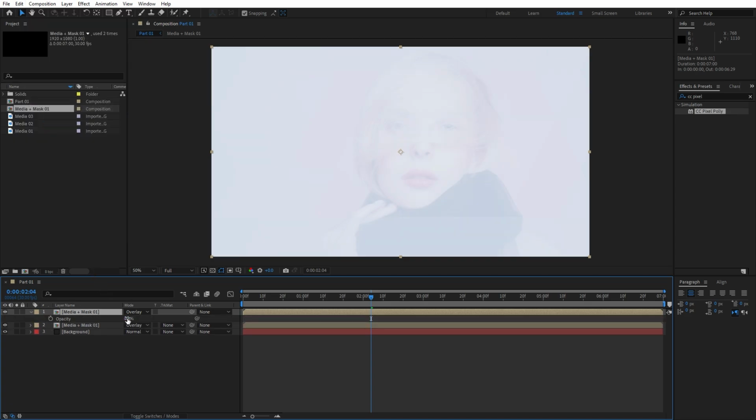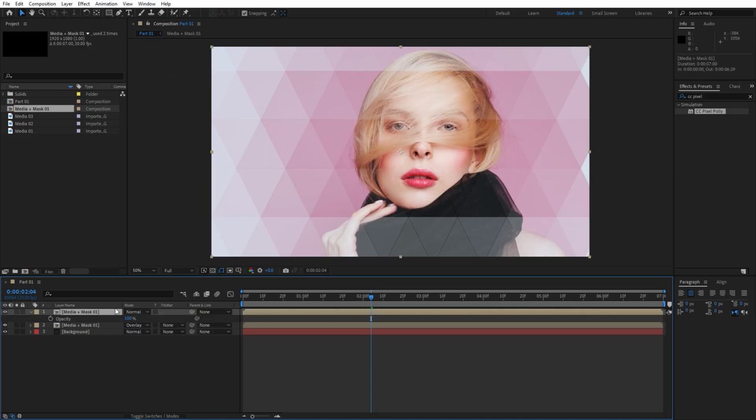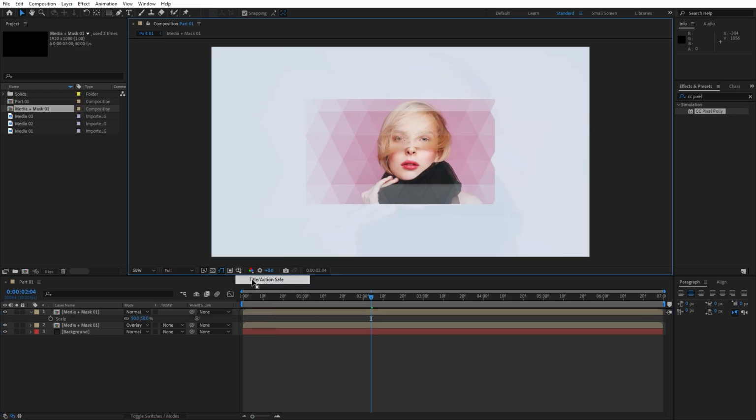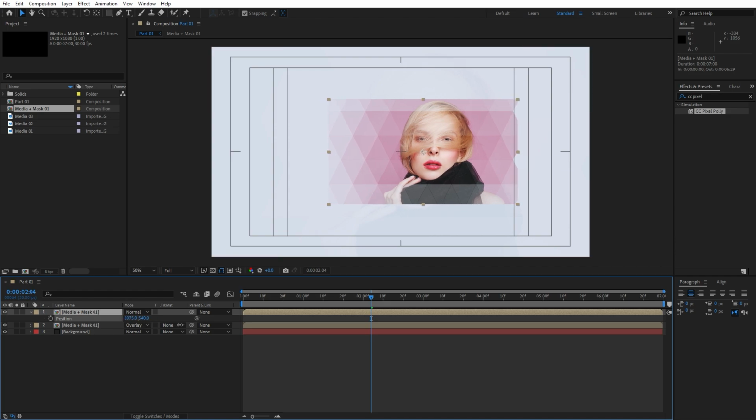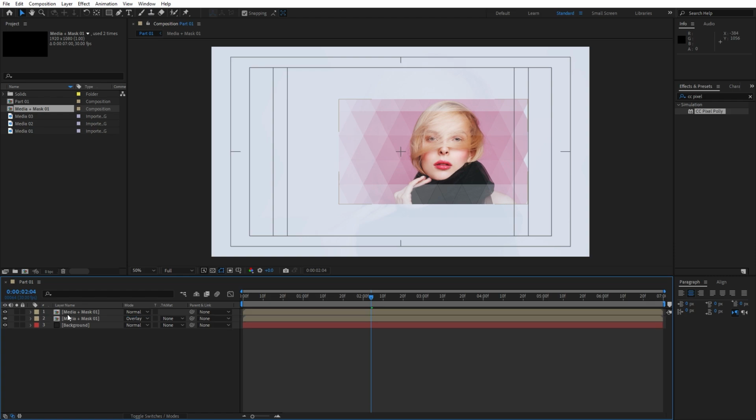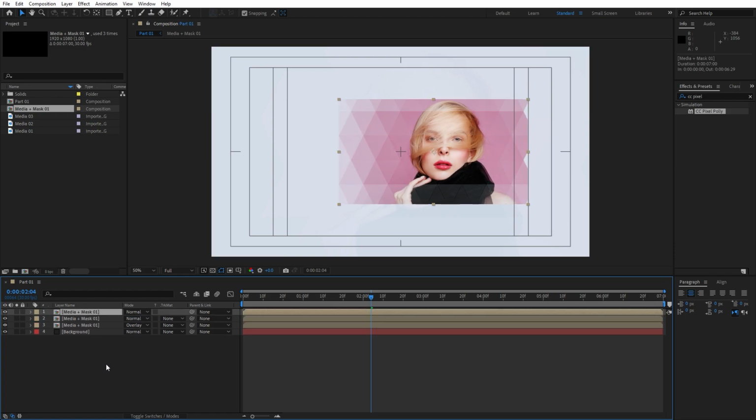Hit T again. And let's go to around 100%, find here normal blending mode, hit S also for scaling, and let's go to around 50. Okay, now turn on title and action safe, like this, hit P for position, and move it to maybe somewhere around here. Okay, now let's duplicate this media plus mask 01 once again, hit Ctrl plus D, and